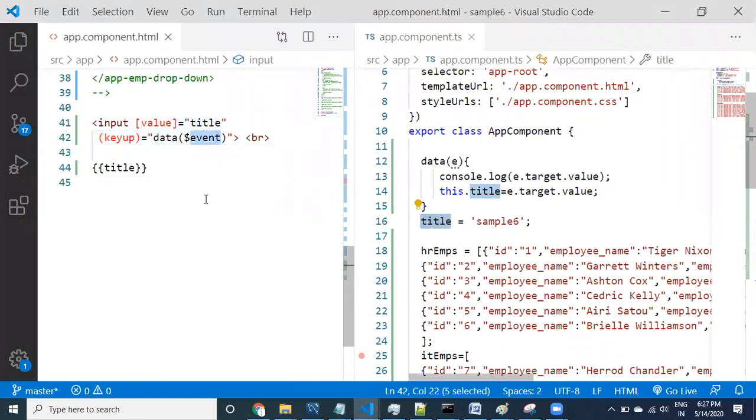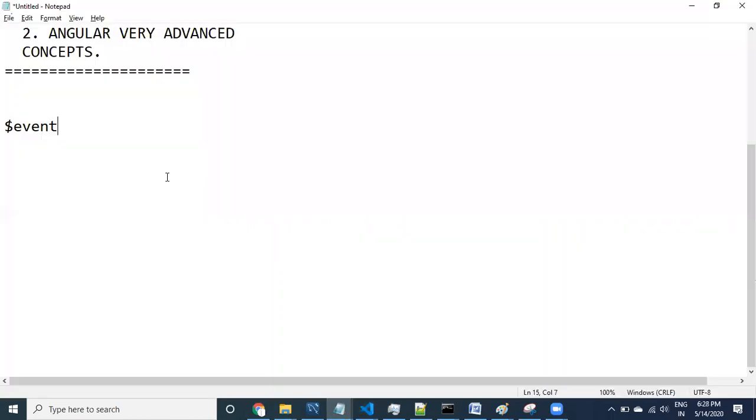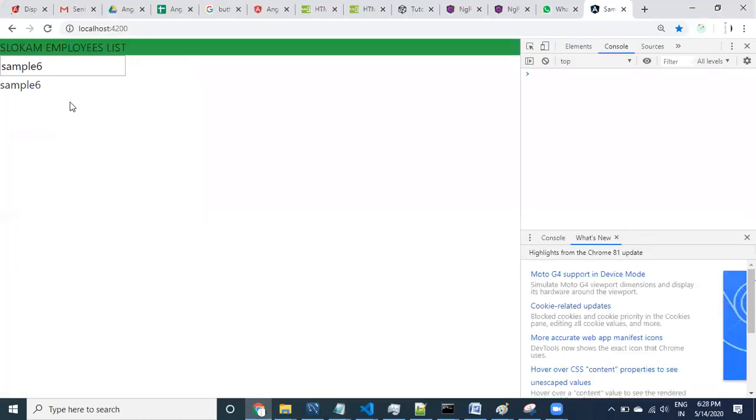You can apply this for any event, not only just keyup. You can say click. Now you are applying click. If you click on that, then this method is going to be called, and then this action happens. Until then it is not going to happen. Let's look at it now. Go to the UI part.